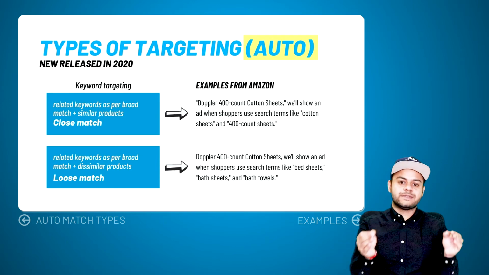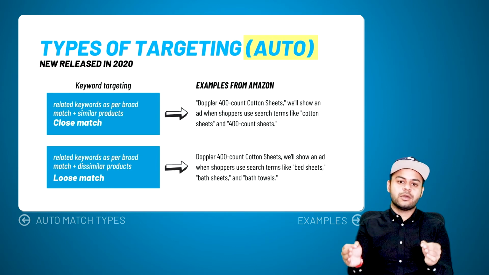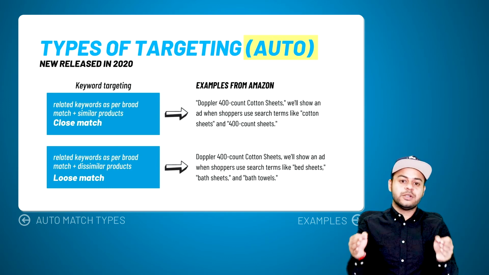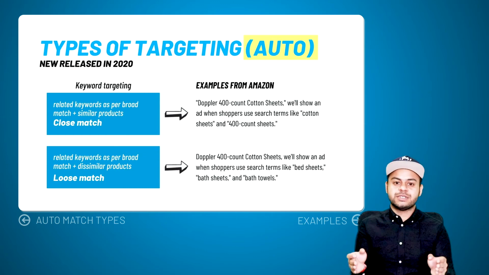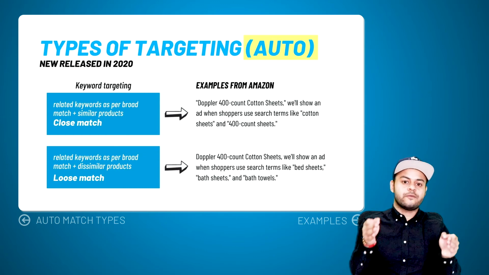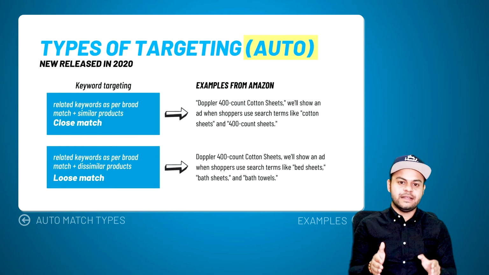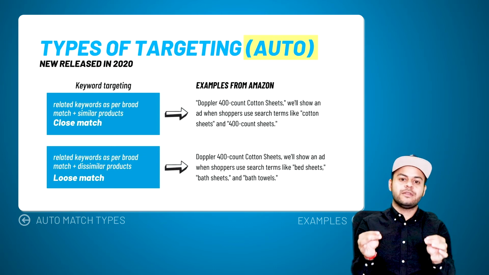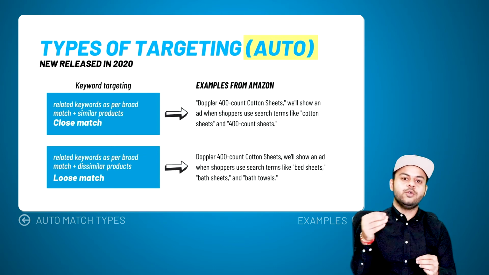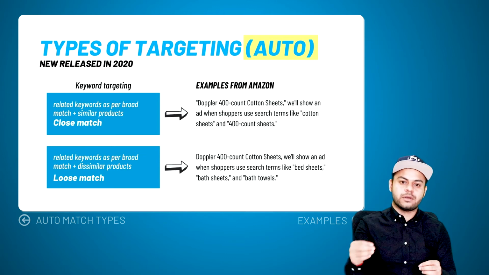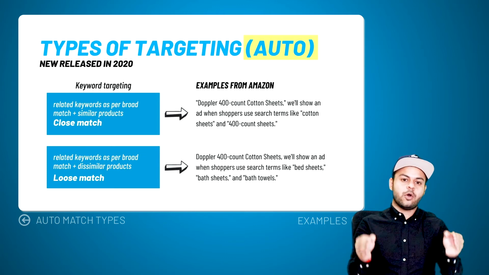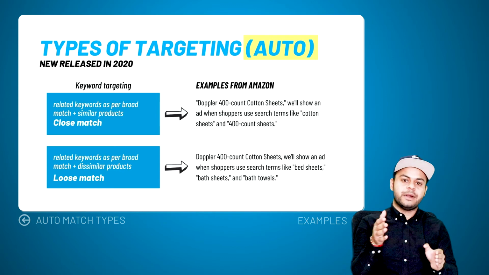Let's say your product was Doppler 400 count cotton sheets. Then Amazon will show you ads to shoppers who are searching for cotton sheets or 400 count sheet. As you can see, these two keywords are very closely related to the product that you are trying to advertise on Amazon. In loose match, Amazon will again consider all the keywords as per broad match, but now it will